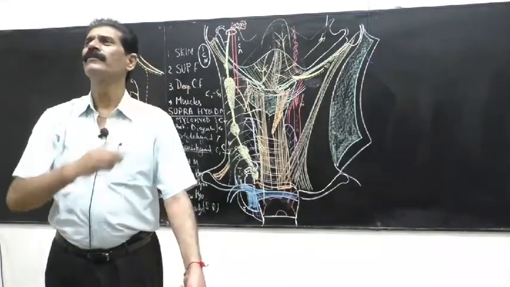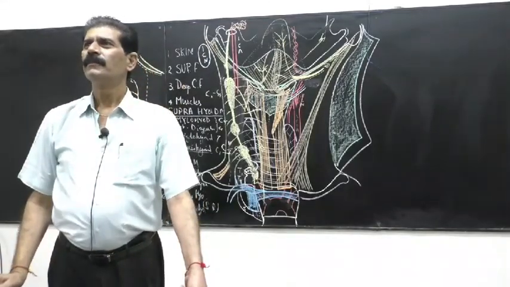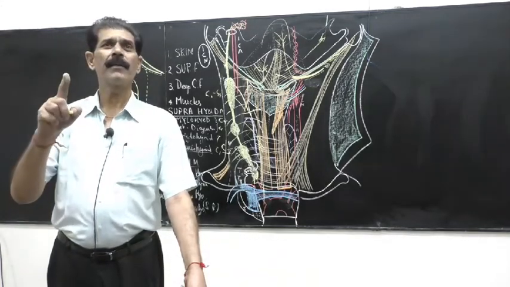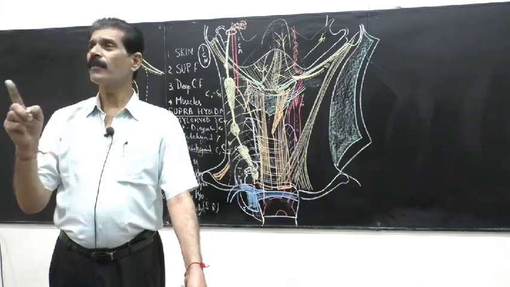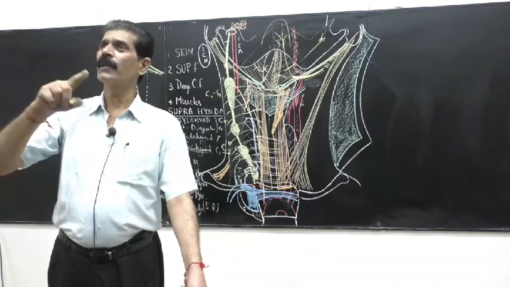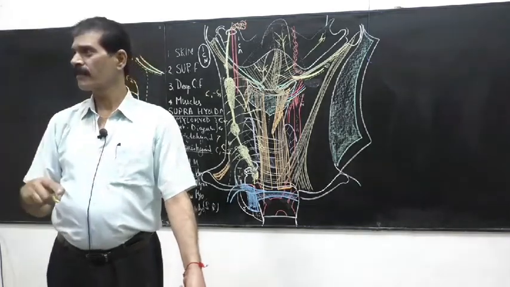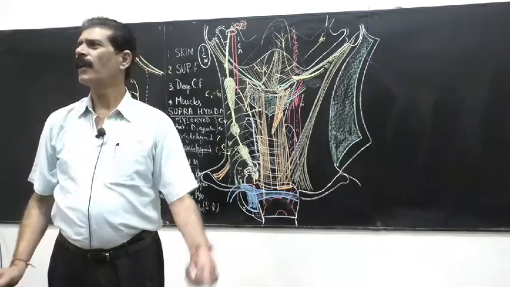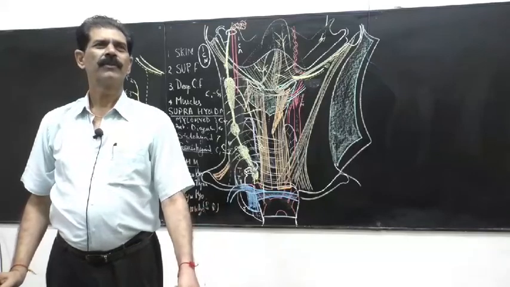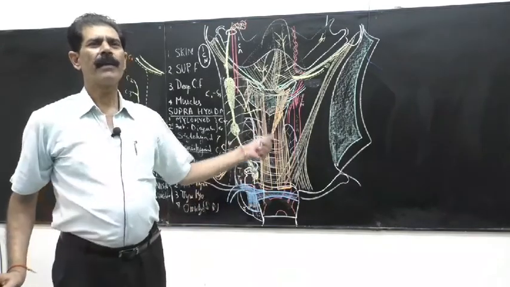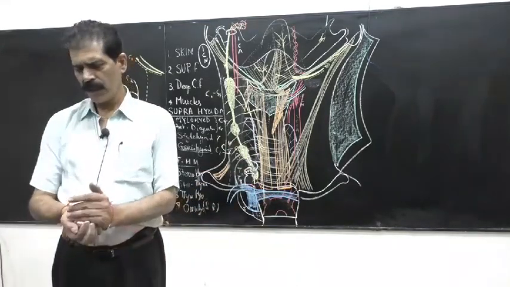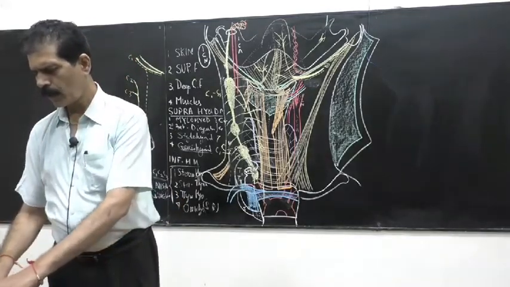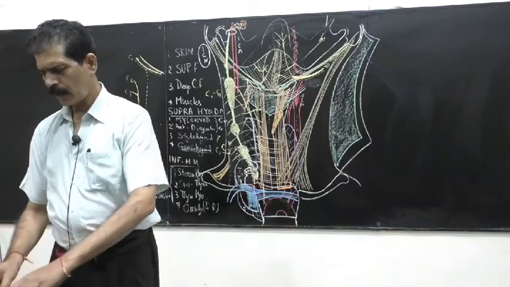This is the origin. And this internal carotid artery will be continued by the middle cerebral artery. The diameter of the internal carotid artery is the same as the middle cerebral artery, forming the circle of Willis. So these sympathetic fibers reach the circle of Willis like this. This is the entry. So you have to remember how the sympathetic part of the cervical region goes up. So this is all about the anterior triangle structures.